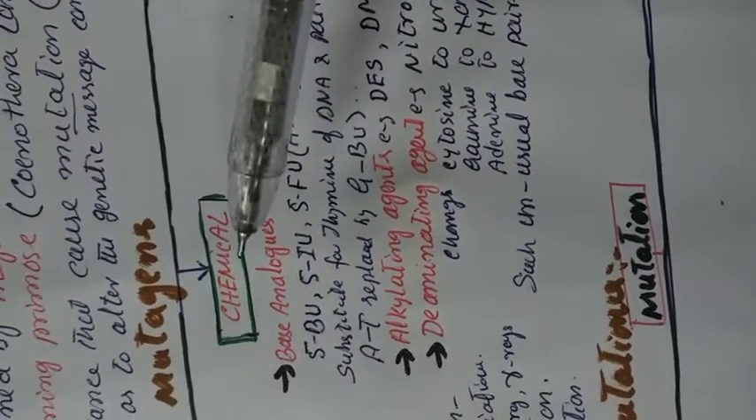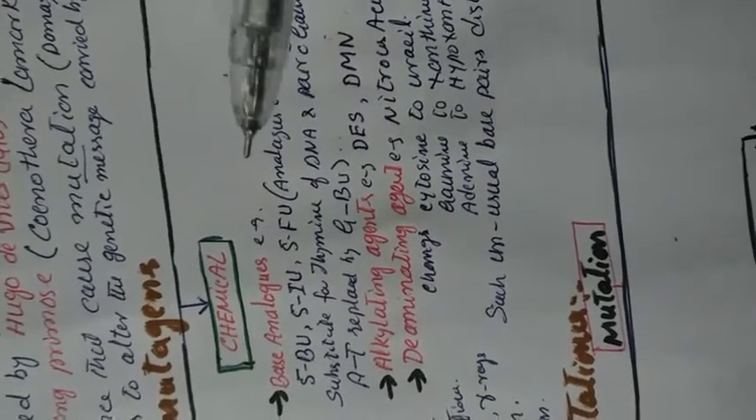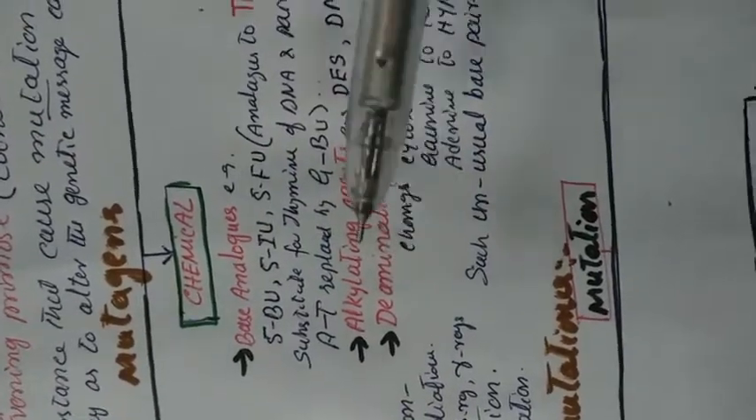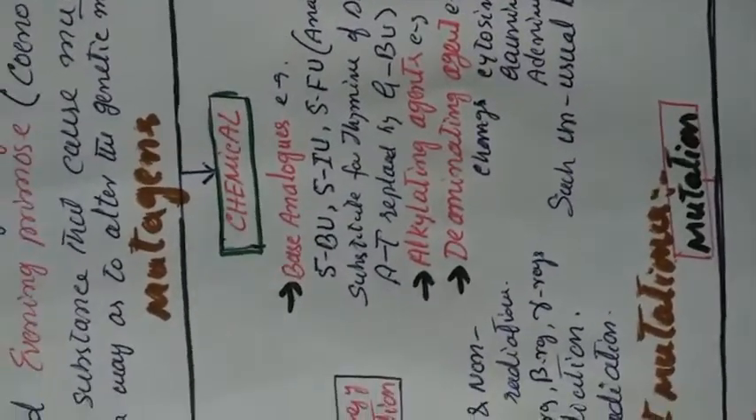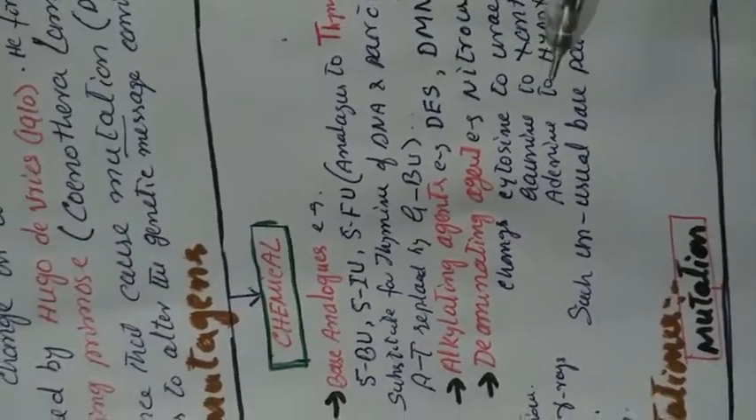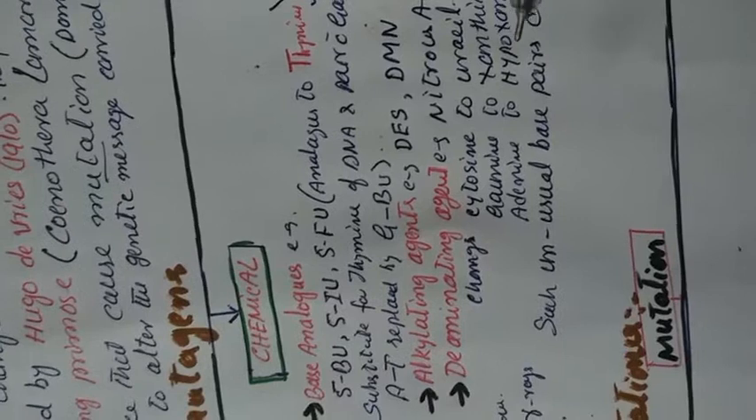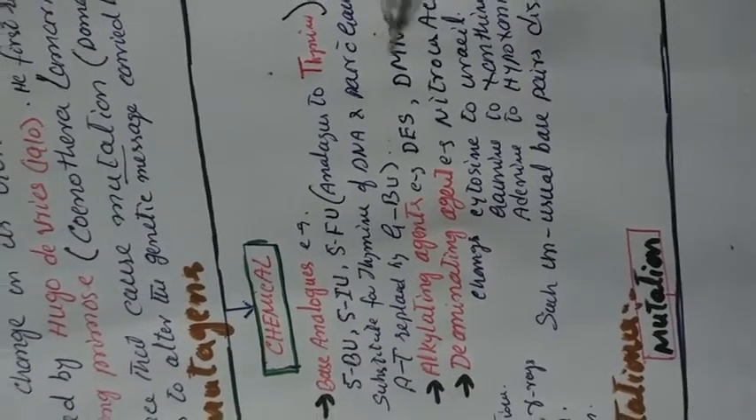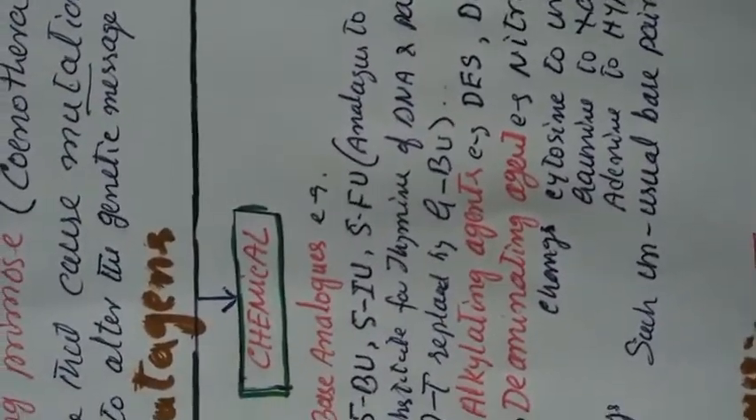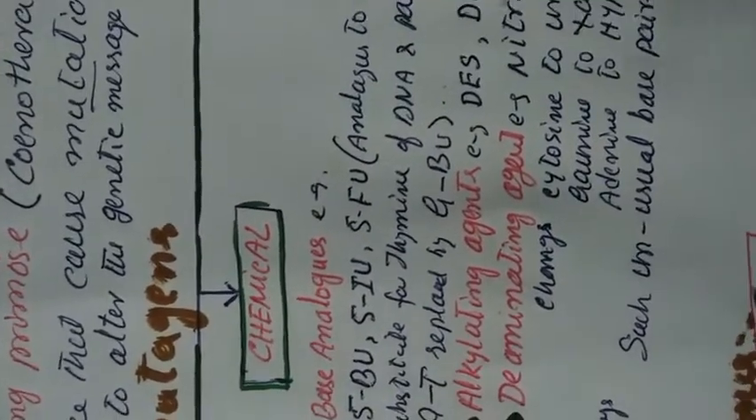Similarly, there are other chemical substances known as alkylating agents which also act as chemical mutagens. Similarly, other chemical substances known as deaminating agents, for example, nitrous acid. This nitrous acid changes cytosine to uracil, guanine to xanthine, and adenine to hypoxanthine. They form unusual base pairs and disturb the DNA replication and transcription,